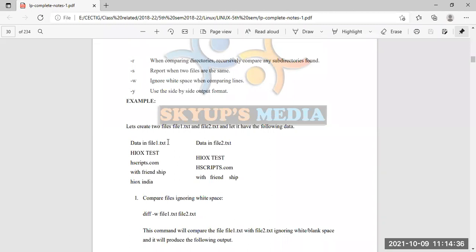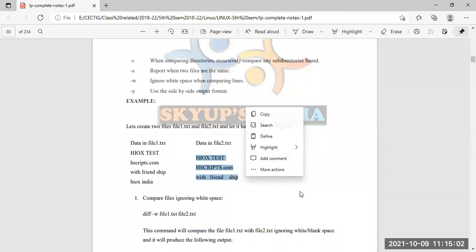Suppose one file name is file1.txt and another is file2.txt. In file1.txt there is some information present, and in file2.txt there is some information present. We can see in this part what is in file1.txt, and in file2.txt these messages are available.